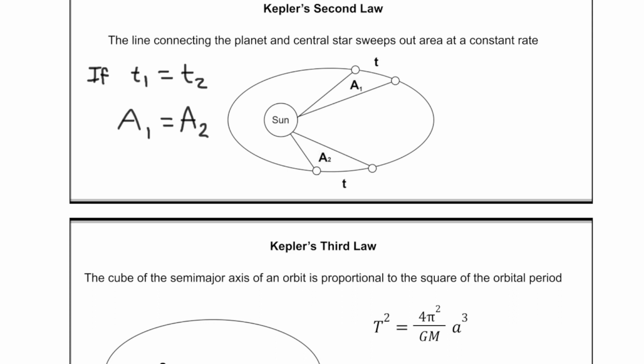If you're somewhere that's really far away, like this, for example, notice that you have the benefit of distance, which allows you to sweep out a lot of area in a short amount of time just due to your distance, which means that when you're on the other side of the planet, you must speed up in order to account for that